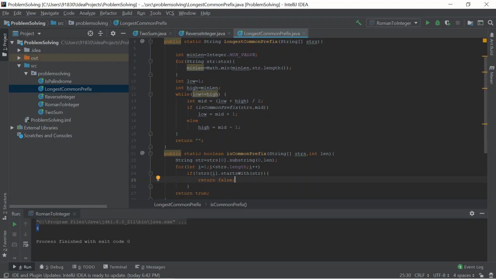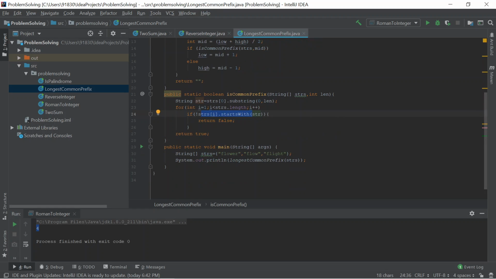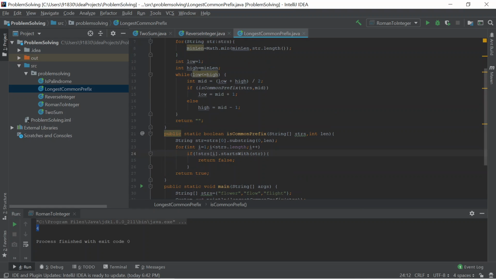Suppose if it is false, like during these three, if the second one fails, here itself we are returning false. We are not checking the other array also. This way also we can minimize the time complexity here. So I think it will catch here, and at last